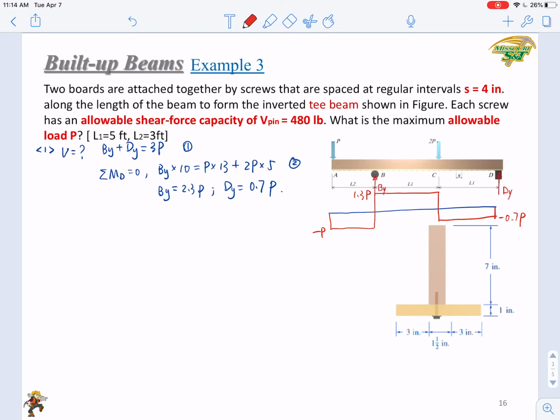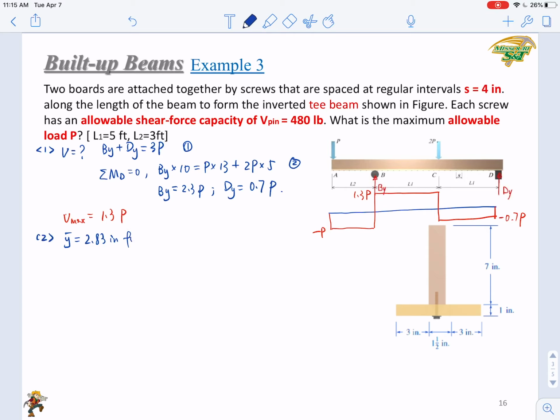So what is the maximum V value? The V max can be determined from here. It will be 1.3P. Then step 2, we're calculating Y bar and I. I will skip this step. We can calculate the Y bar with the 2 small tables, since you have only 2 sub areas. So Y bar is determined as 2.83